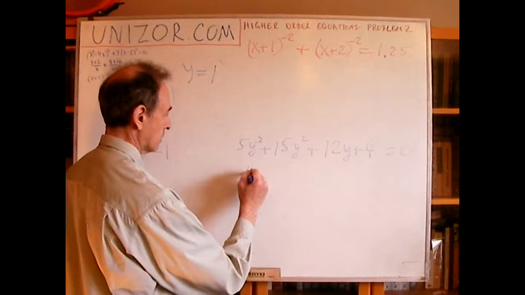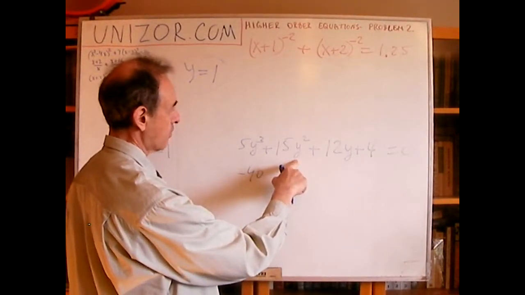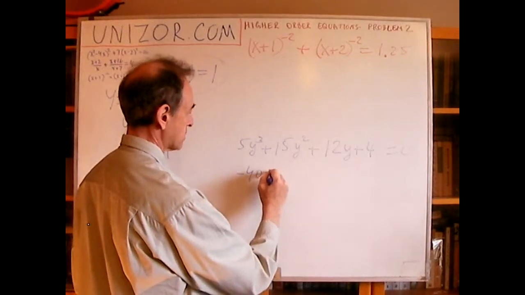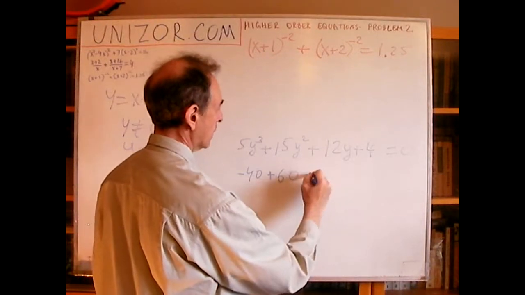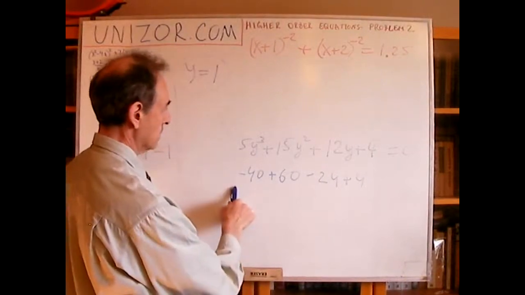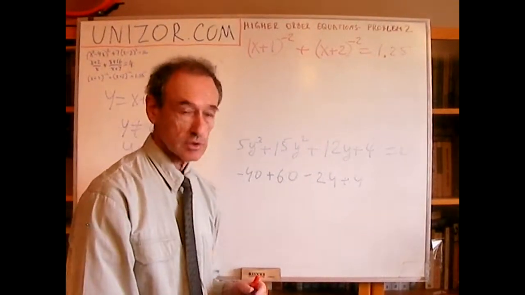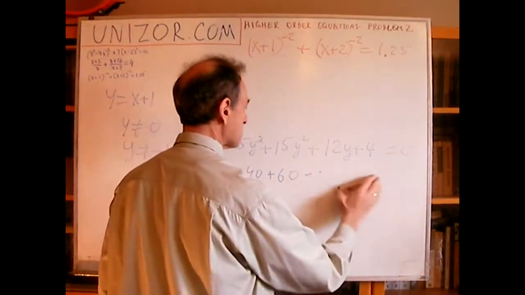Let's write it down. Now, if it's minus 2 squared, it's 4, times 15, it's 60. This is minus 2, it's minus 24. And this is plus 4. Minus 64 minus... Okay, so minus 2 does actually fit. Great. If y equals minus 2